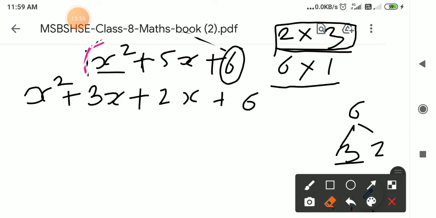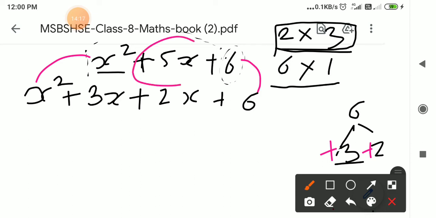Whatever tricks I am telling, just keep in your mind, this example will never be wrong any time. Understand? So here, what we had done: we found the factors of 6 for the 5, that is 2 3s are 6, and then we give the signs, plus 3 and plus 2. And then the first term is written as it is and the third term is written as it is, but instead of writing plus 5x we write 3x plus 2x, meaning only 5x.